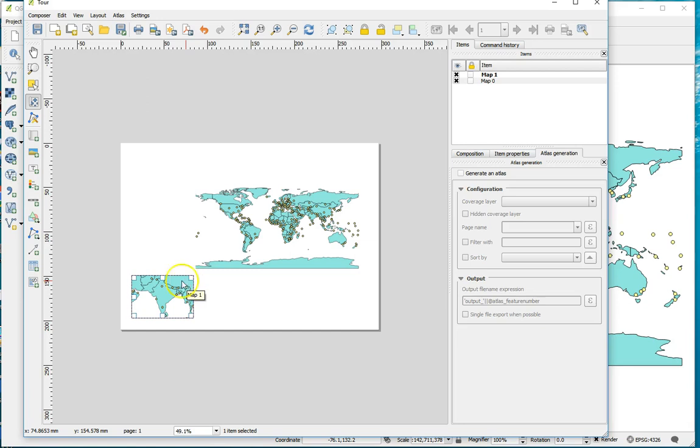I'm not really actually trying to make like a finished map, just trying to show you where the different buttons are. You can add image, you can add labels or titles. So just add text. I'll show you how to change that text in a little bit. You can add a legend. Add your scale bar, you can add your arrow,